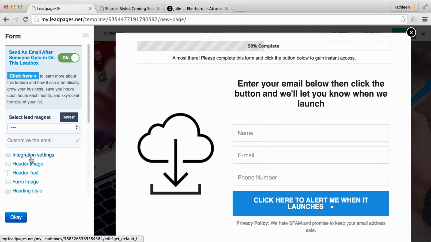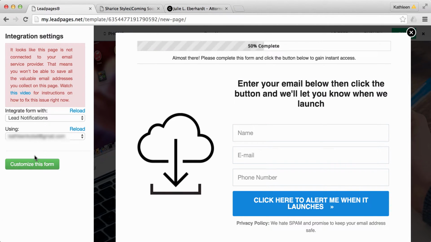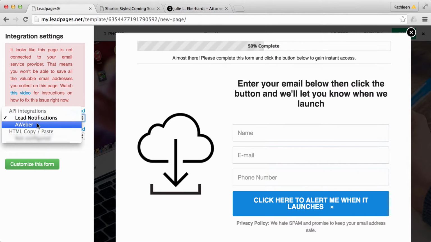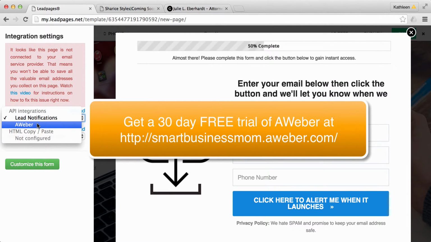Let's go down the rest of this line. Your integration settings: if you have an email autoresponder software already set up, you can go ahead and click on that. I use Aweber, so I could integrate this with my Aweber account, and whenever somebody submits their information, it's going to go directly into my Aweber account. If you do not have an email client yet, you can still collect leads through Leadpages,